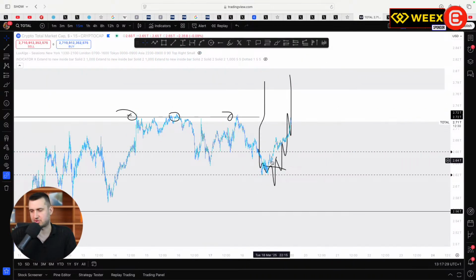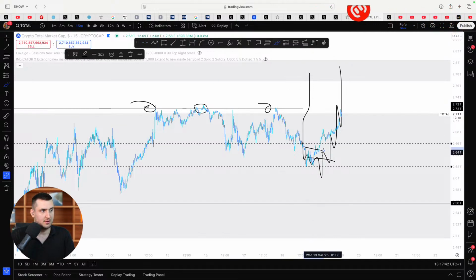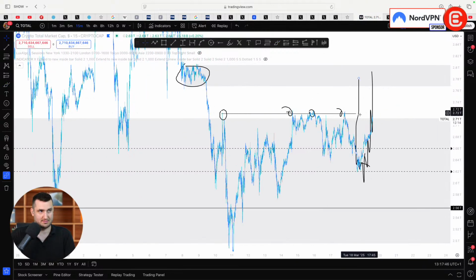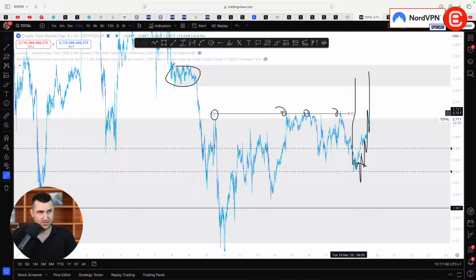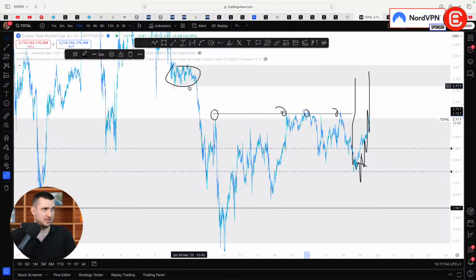By the way, this is also what I drafted, just so you know. On the total, I literally have it here. I said we're going to have a drop from here. The total was up here at 2.66. I said we're going to get a drop, and a market structure shift, which we have here, and then we're going to move on. This is exactly what is happening, and I told you this. What I'm telling you now is that there is still a bunch of liquidity, and we are going to take it. Now, there are multiple... Let me just delete all this because I talked about this yesterday on the show.